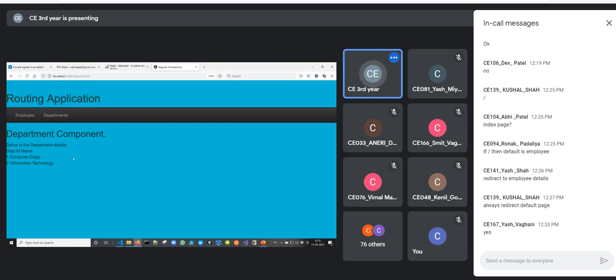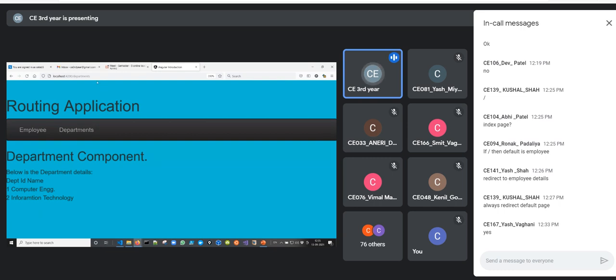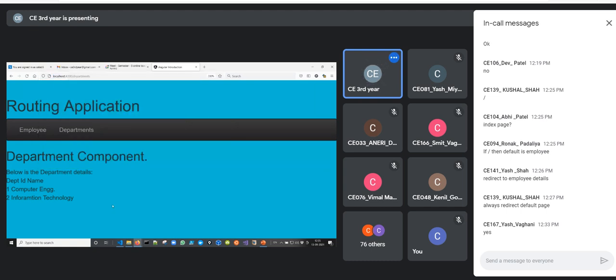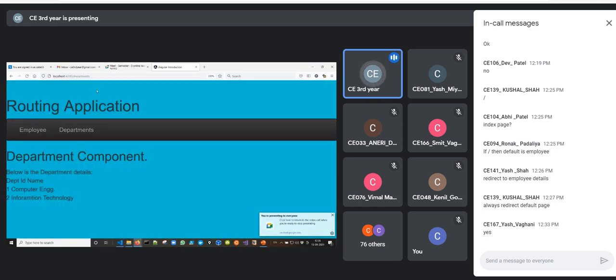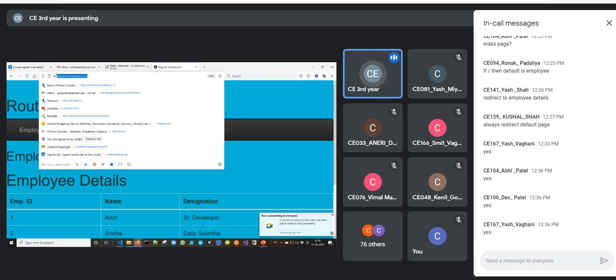So you can see that here we have just, again, you can look at the URL. Is the URL readable? I don't know what is seen on your screen. /departments. Is the URL readable? /departments, and if you click on this employee, you can see the URL gets changed to /employees. So either you can do it manually, or by clicking on the link, the URL will get